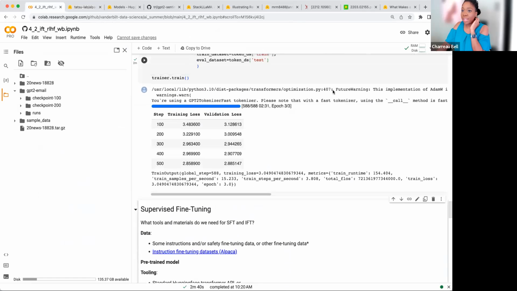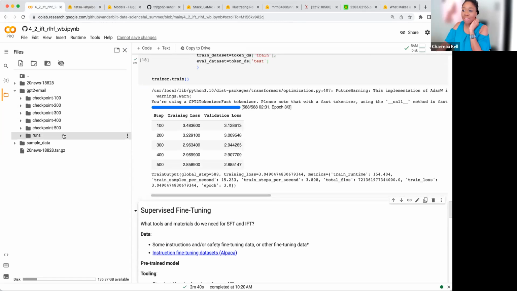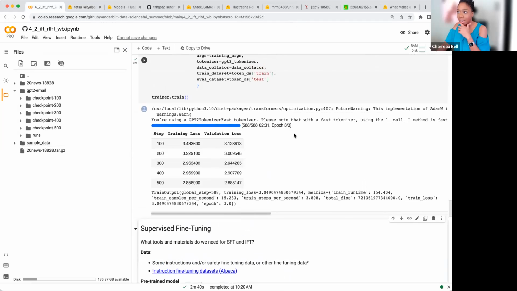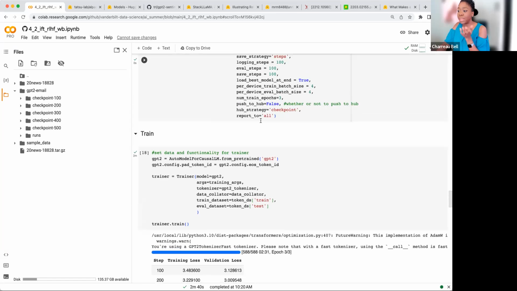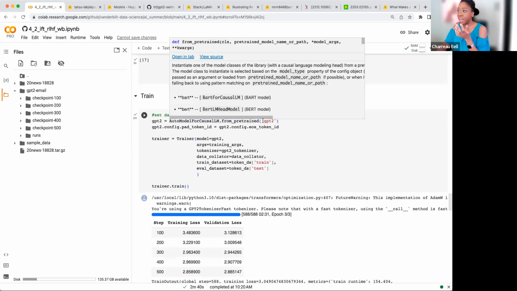All right, so now that we're coming back here, we see that we have finished our small little training. Do read the OpenAI paper because it is interesting in the way that it describes how much training is required. This one has been trained for 3 epochs, so that means it's gone through that entire 700 and something data set 3 times.